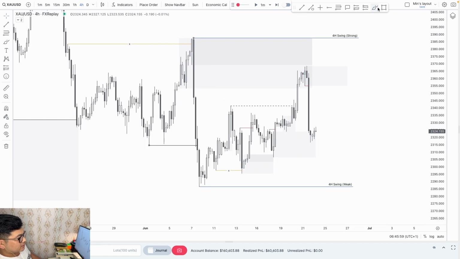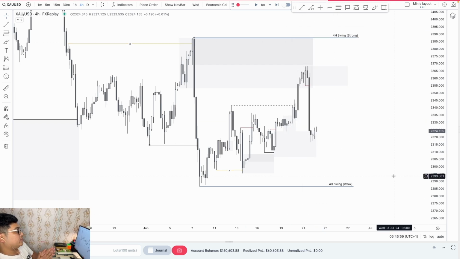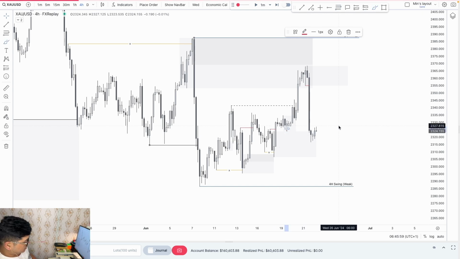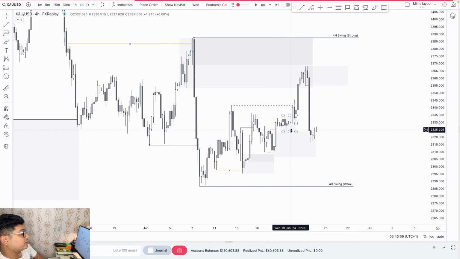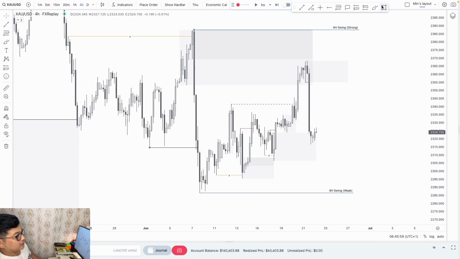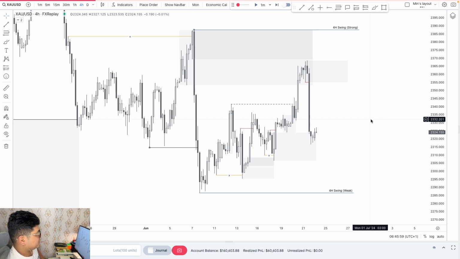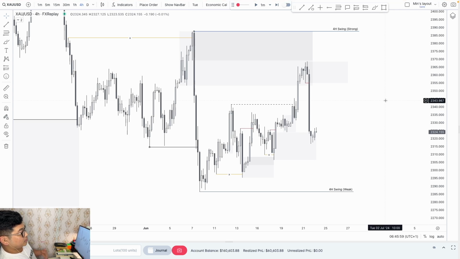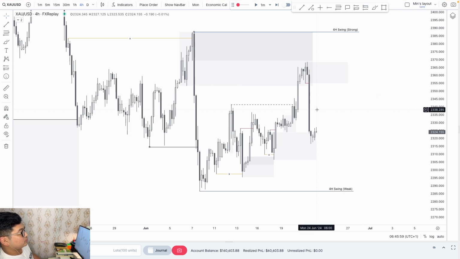But what I can see here is a really nice, high probability demand which swept the low, right? And you can see inducement on the top, an inducement POI in front of the H4 demand zone. So I'm expecting at least some sort of reaction, or maybe it could push up higher. I don't know what's next. All I can do is expect things as per the market conditions, right? So I don't predict, I don't think anything, I just execute what I see.